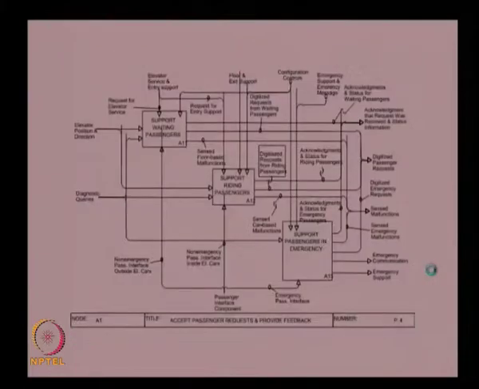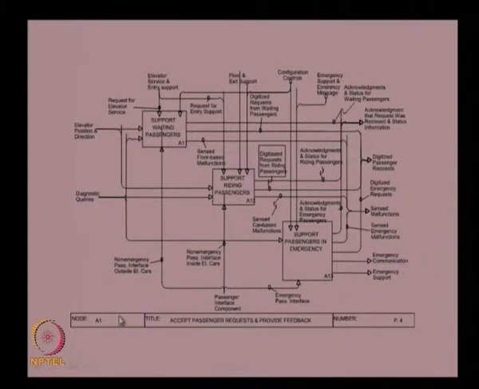This is shown here. So this is the A11 function, this is the A12 function, and this is the A13 function. In order to provide service to the waiting passengers, there are three functions needed: support waiting passengers, support riding passengers and support passengers in emergency. So the A1 function, provide service to the passengers, is divided into three sub functions.